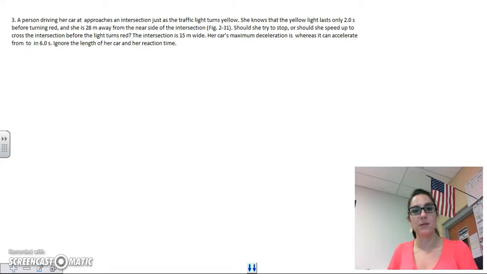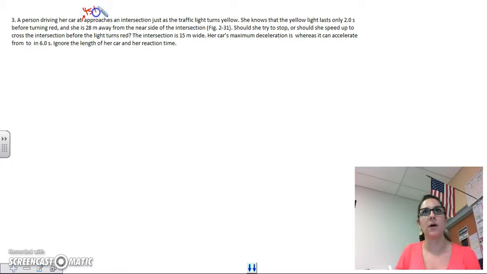Hello, welcome back. This is Kinematics problem number 3. I'm going to look at this traffic light scenario. Now, some of my numbers didn't actually copy over, so I'm going to take a second to write those in. Okay, so a person is driving their car at 45